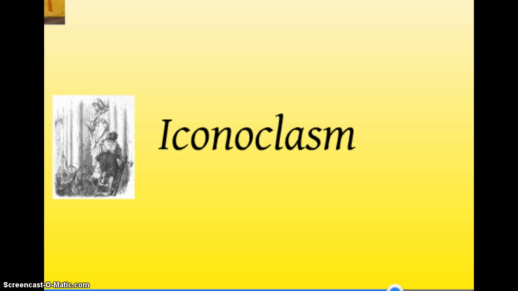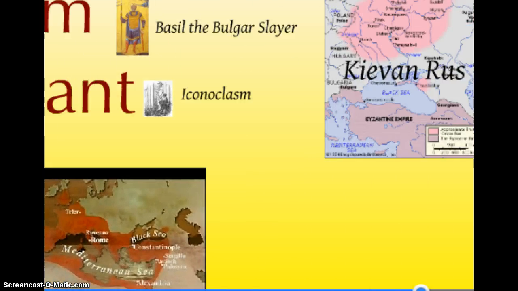Then this, iconoclasm. Iconoclasm is where there was a kind of, not really a riot, but sort of an explosion of violence against statues and paintings and things of saints and like Jesus and things like that, because they said this is idolatry. These are idols where you're worshiping statues, and this is part of the trouble in the split between East and West, Roman Catholic, Eastern Orthodox. So iconoclasm, you should make sure you know that that was an explosion of violence against icons. Skipping that, watch it on your own.